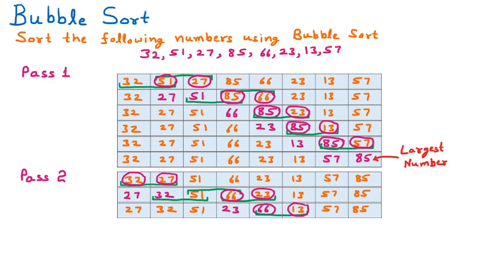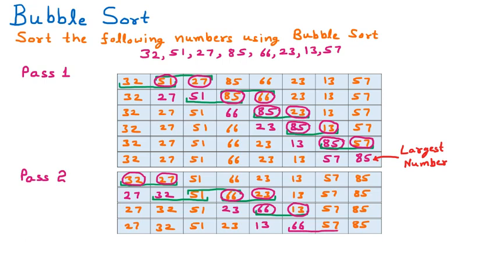So we are swapping these two numbers. We are inserting one more row here. 13 will come before, then afterward 66 will come. And all the remaining numbers will be as they are. Now again we are comparing the next two numbers. So 66 is compared with 57 here. Again we can see that 66 is greater, so these two numbers need to be swapped.